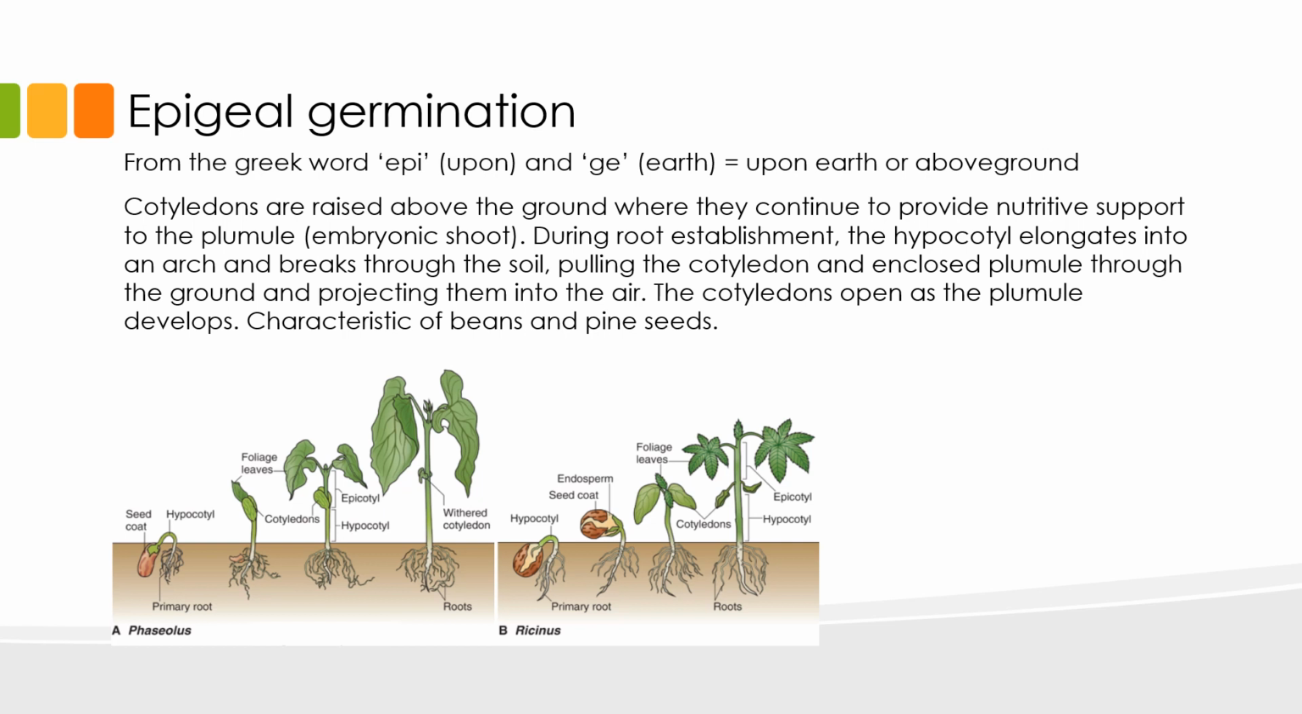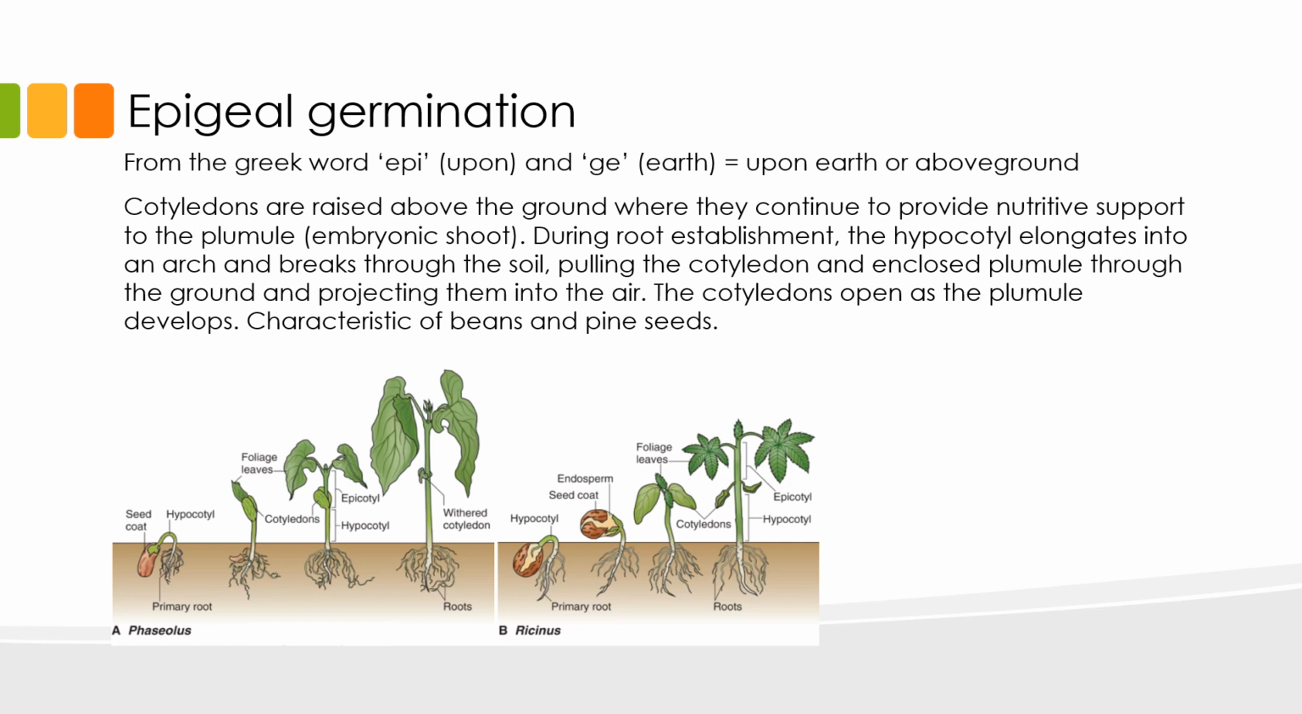The word epigeal came from the Greek word epi, meaning upon, and ge, meaning earth. Put these two words together and the word epigeal means upon earth or above ground. What does epigeal germination mean then? In epigeal germination, the cotyledons are raised above the ground where they continue to provide nutritive support to the plumule